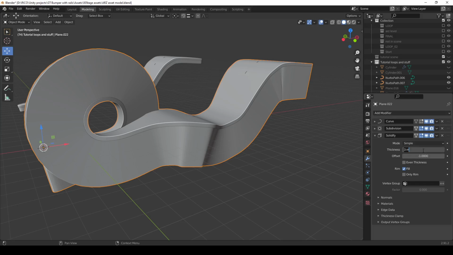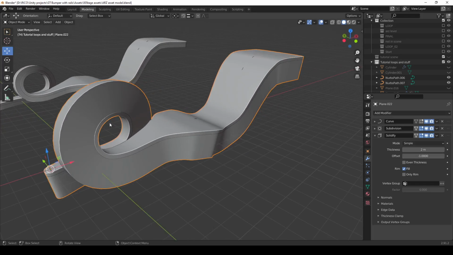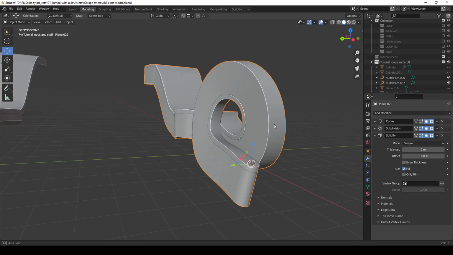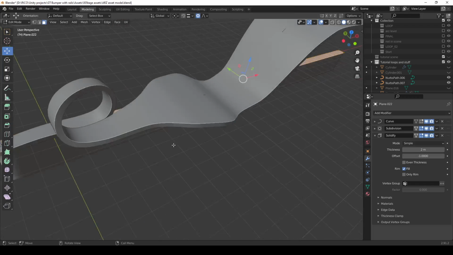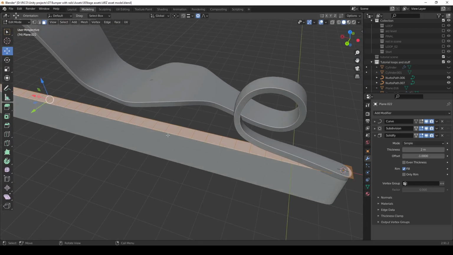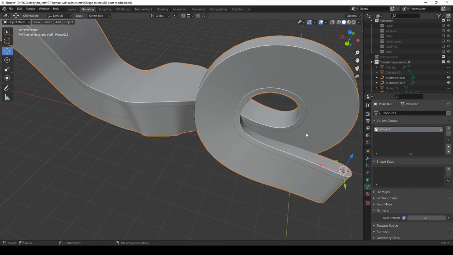Okay, still not. Okay, this is a little bit better. Now, you can see here that the loop looks a bit out of whack. This part could be okay, but the loop is not that great. So what we can do now is select and go into face select mode with 3, and I kind of have to guess which ones are actually the ones that go into the loop, and then go into our vertex group and then just lower that and then assign, and then when we leave